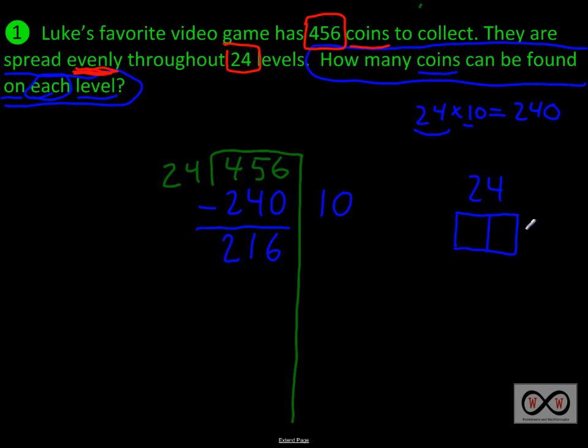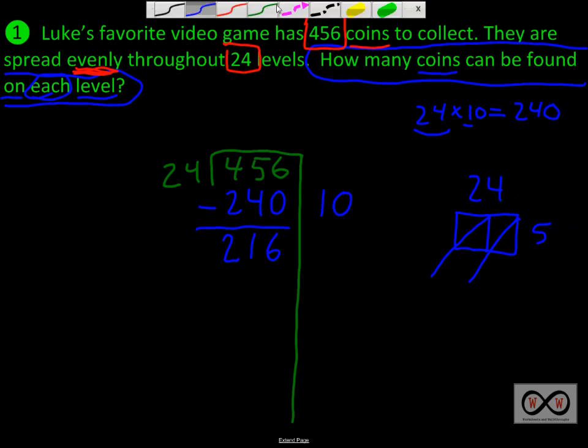Set up the lattice method. We've got 24 times 5. Let's try that. If you need more info on the lattice method, please feel free to check out our video on that. Here we go. 5 times 4 equals 20. You're probably thinking that. Good for you. And 5 times 2 would equal